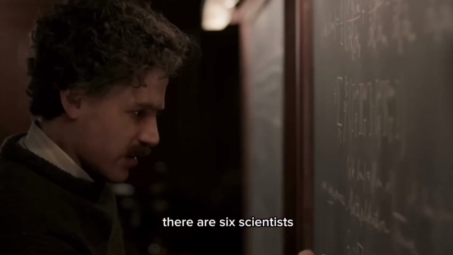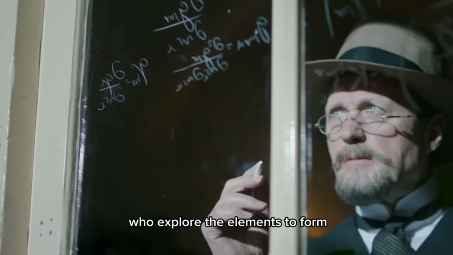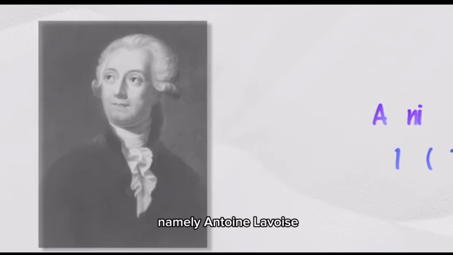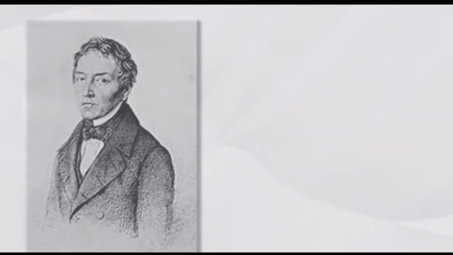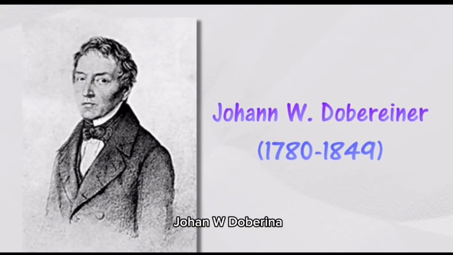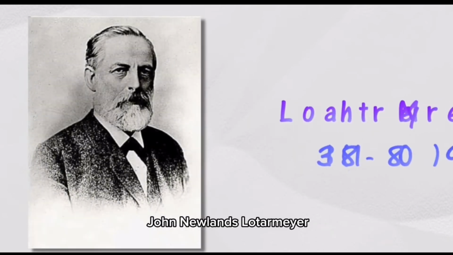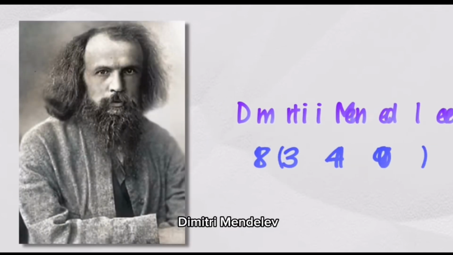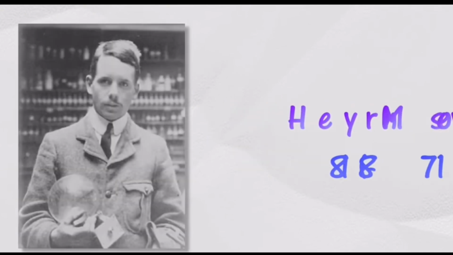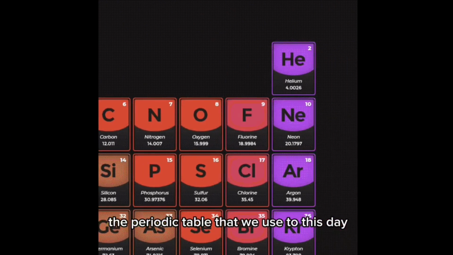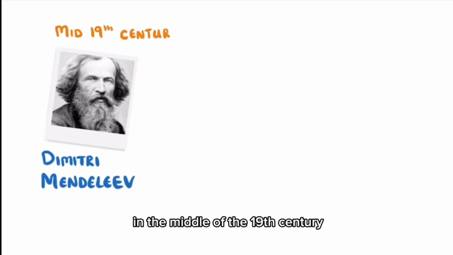There are 6 scientists who explored the elements to form and organize the periodic table of elements, namely Antoine Lavoisier, Johann W. Dobereiner, John Newlands, Lothar Meyer, Dmitri Mendeleev, and Henry Moseley. The periodic table that we use to this day was created by Dmitri Mendeleev in the middle of the 19th